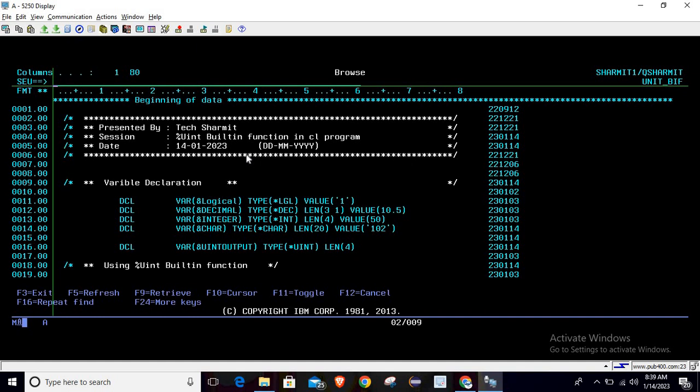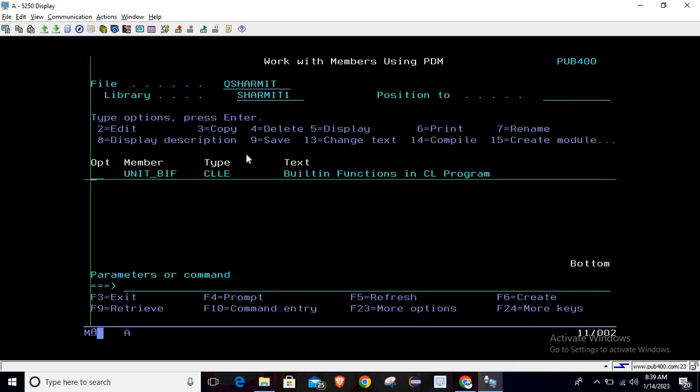%unsigned integer also. I hope that is clear to all of you, and that's all for